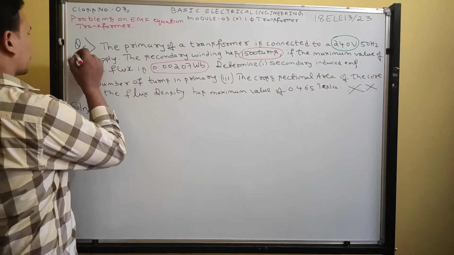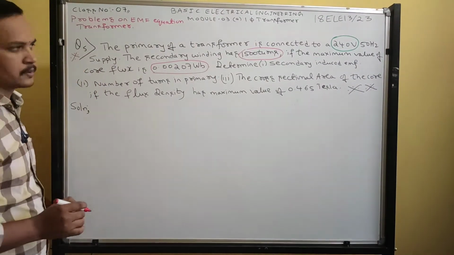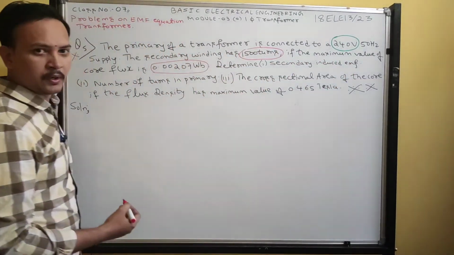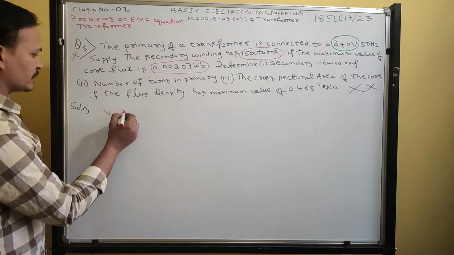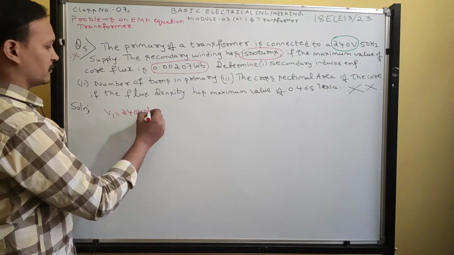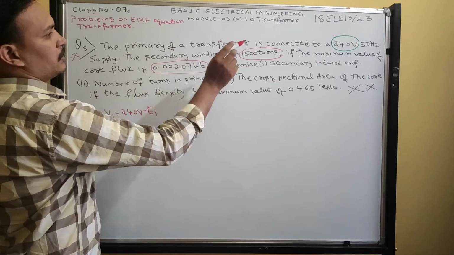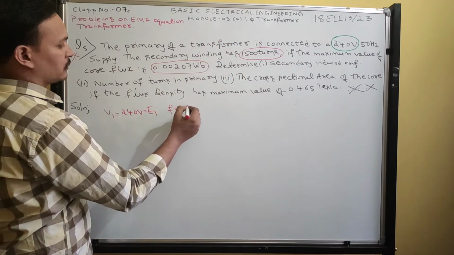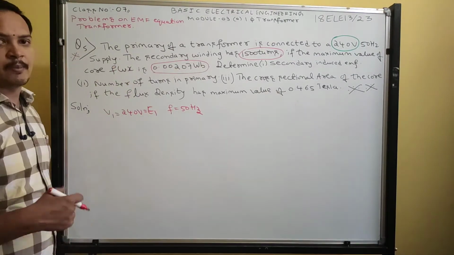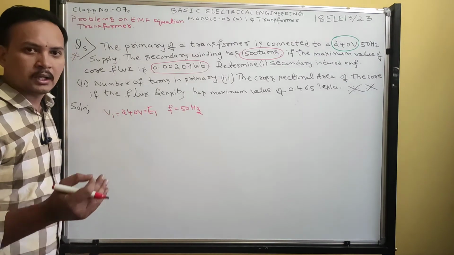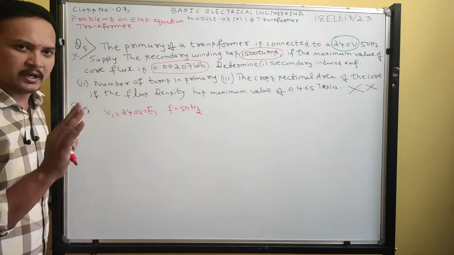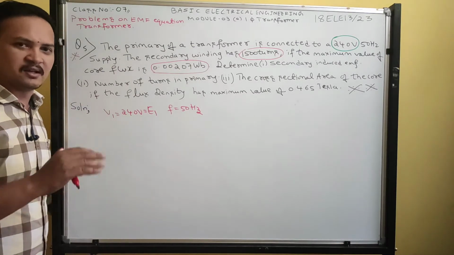Okay guys, next is question number 5. This question is very important. The primary of a transformer is connected to 240 volt supply. So you write primary voltage, 240. V1 same as E1. The transformer is connected with 240 volt, that is primary voltage, at 50 Hertz. Frequency will be constant and flux will be constant in transformer. We don't have f1, f2, phi m1, phi m2. Frequency and flux will be same for both primary and secondary.